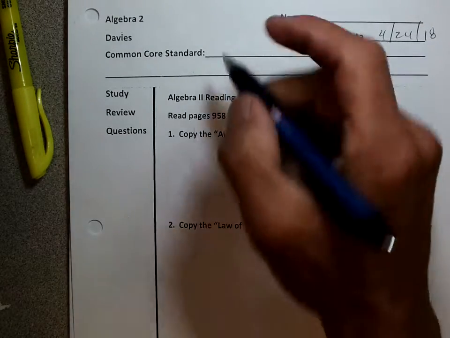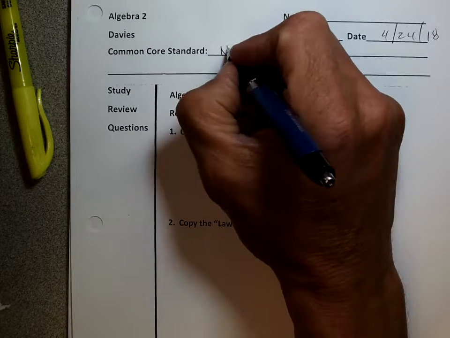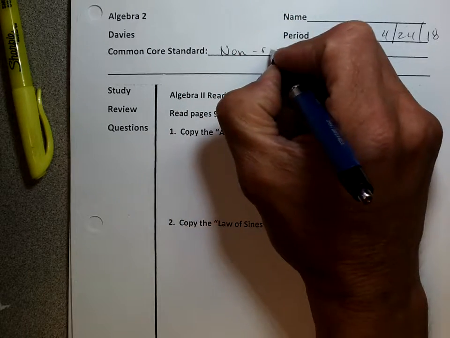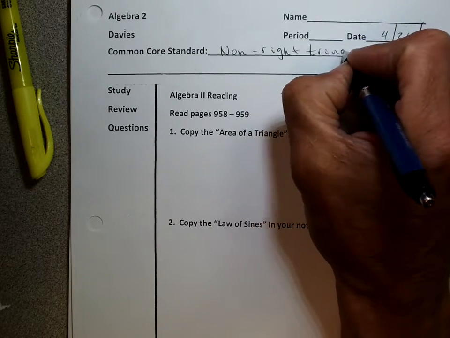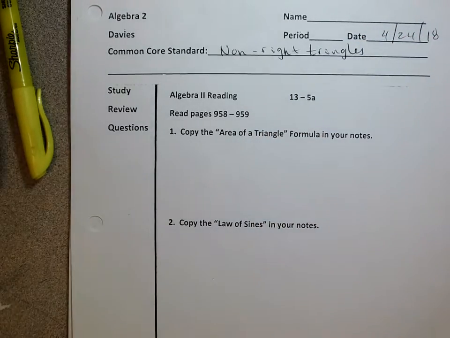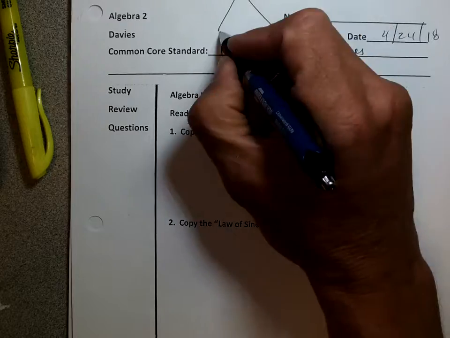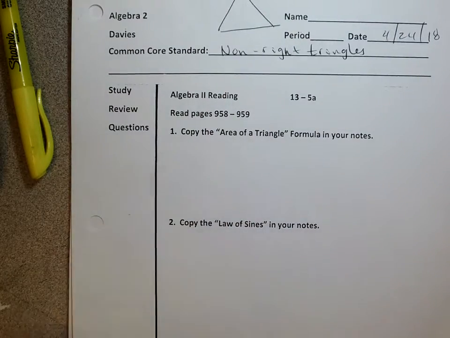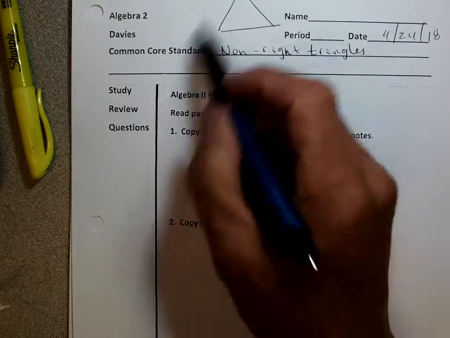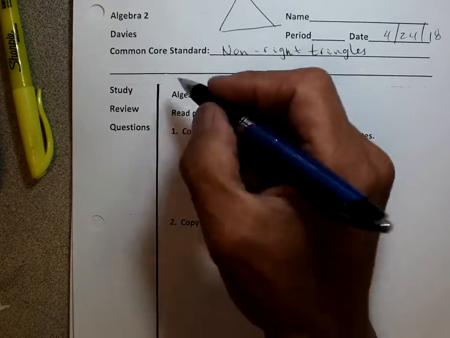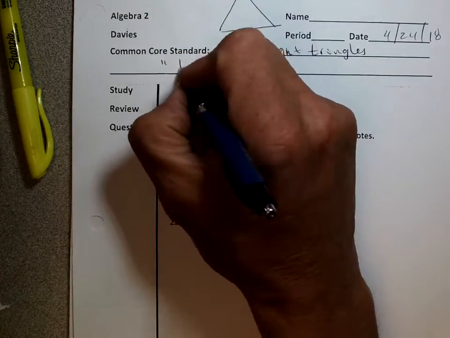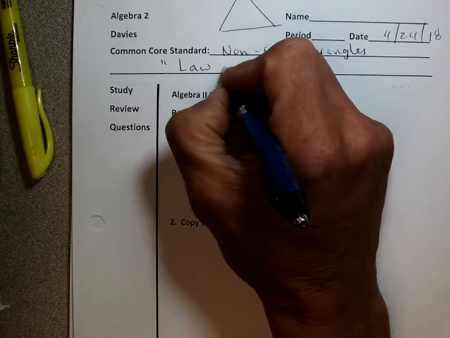Today we're talking about non-right triangles. They're not right triangles, just any old regular triangles. We always know they add up to 180 degrees, but there's no 90-degree angle. Today I want to talk specifically about the law of